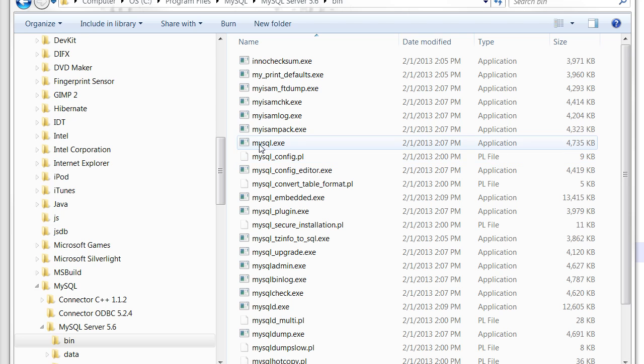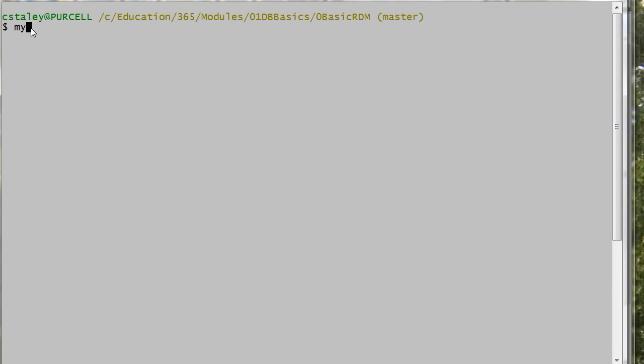includes, or should include, MySQL.exe, right there. That's what it looks like under Microsoft MS Windows, or it's just MySQL on OS X or on Unix. Now, setting an execution path is done differently on different systems. In Windows, for instance, it's done by Control Panel, System, Advanced System Settings, Environment. You can do a quick internet search and it will yield many sites explaining how to do it for your particular operating system. Once you do have the path configured, however, you can start the system command line or terminal application and then run the command MySQL